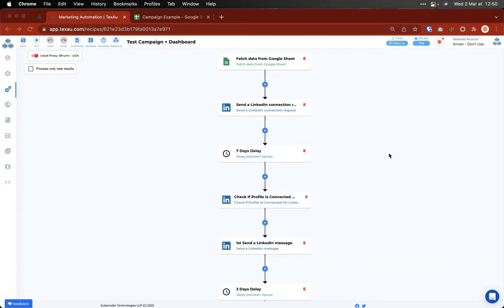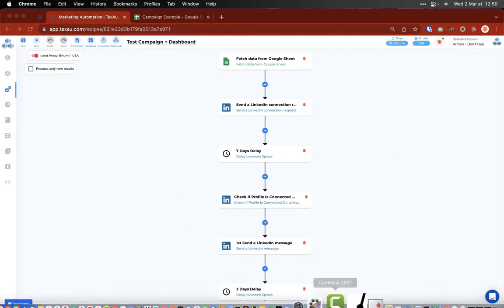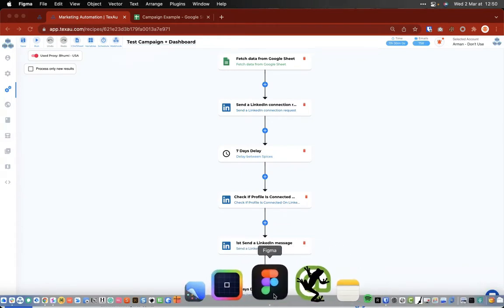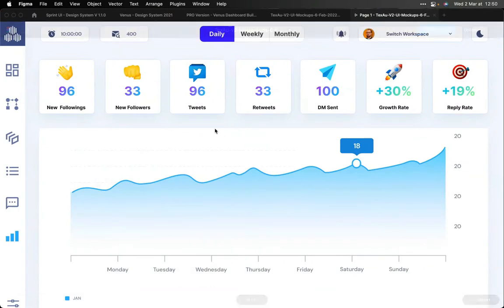A lot of you have asked how we can use Google Sheets to build a dashboard. What I mean by analytics is not analytics like you could see here. For instance, this is something we are working on. It's at a very, very early stage. Actually, it's only on Figma at this moment, but this is something we plan to do for the next version